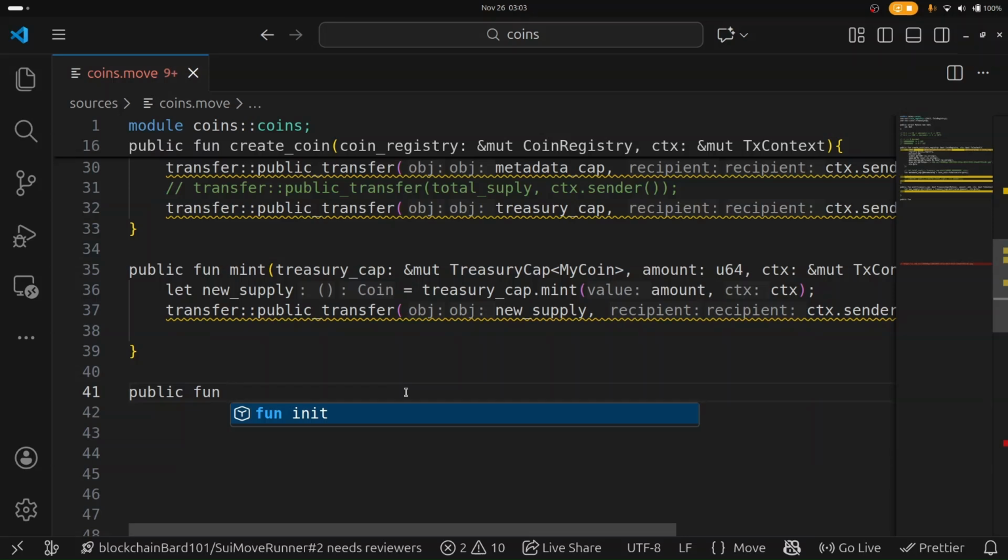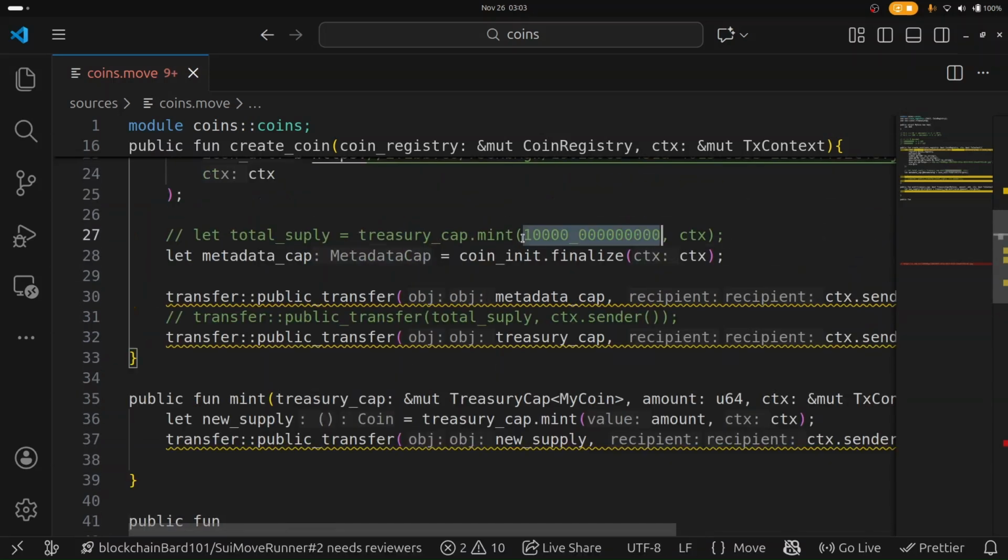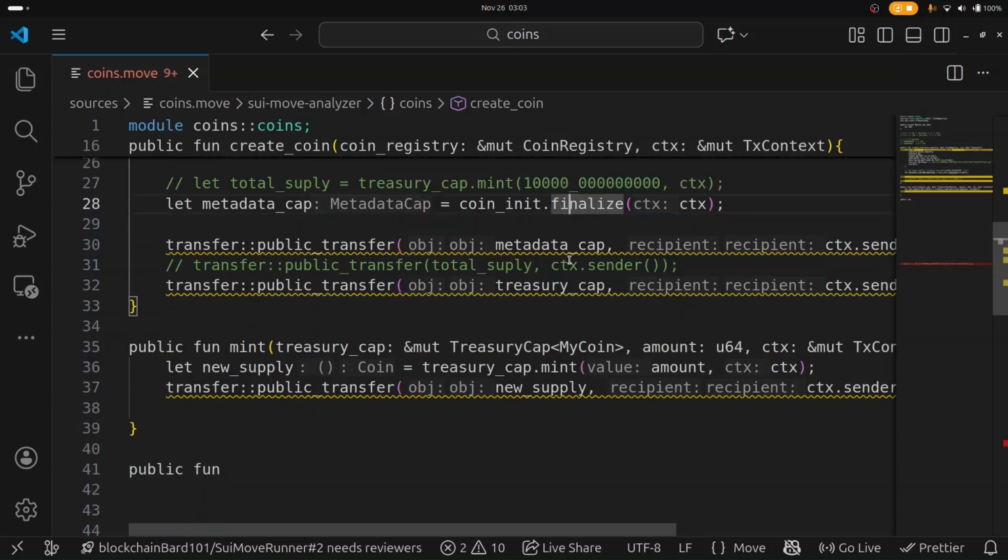Let's say now we minted 10,000 at first. To mint more, you're adding more to the supply. If you mint another 10,000, it means total supply is 20,000. Now the bond function is used to reduce the supply. So right now, if the minted token is at 20,000 and I want to make it 10,000, you have to bond part of the tokens. So to do that,